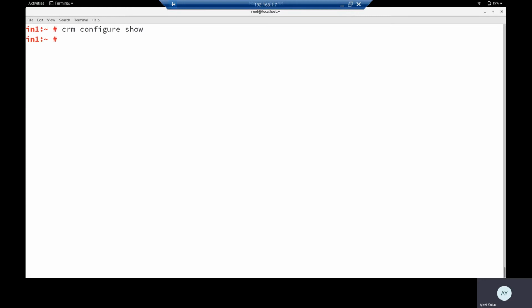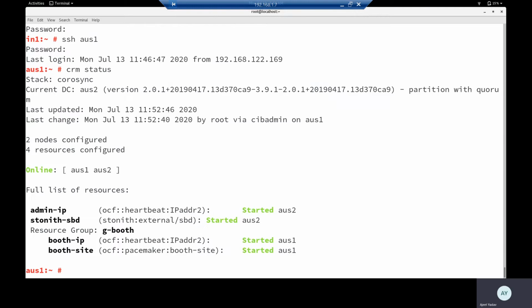Let's start this up. So crm resource start g-boot, and run the same job on the other cluster node. Yes, started. Let's check this with crm status. So yes, the resource is up. So both sites are running and communicating with each other.